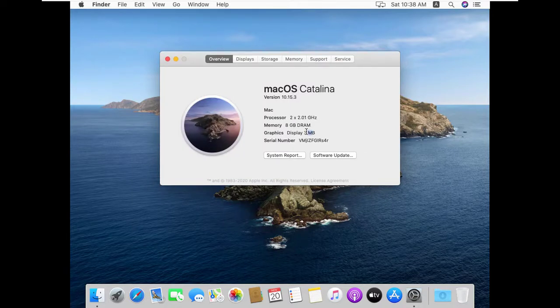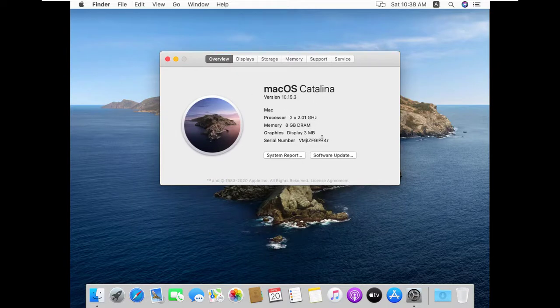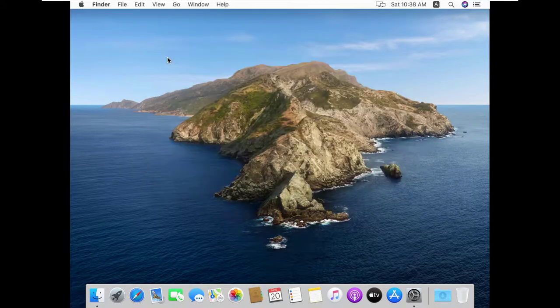Of the 8 GB, the display is showing only 3 MB, and in the display settings I have a resolution of 1024 by 768. To increase this resolution, as well as the graphics memory, we have to install a tool. So in the next video clip I will show that. Thank you.